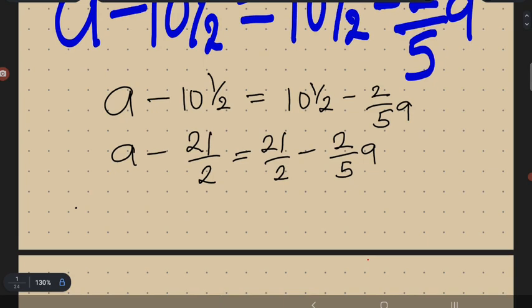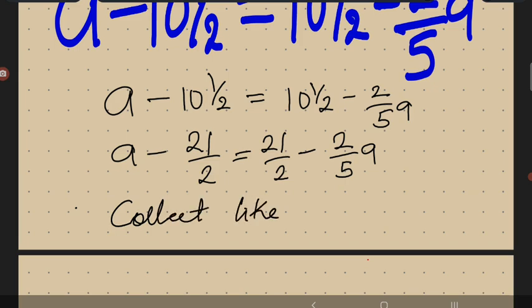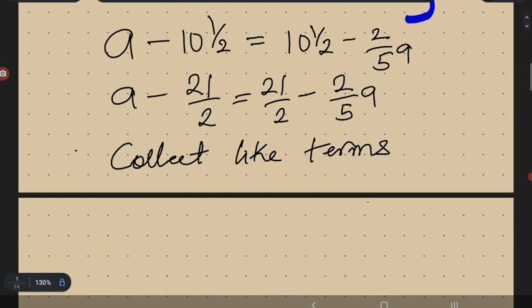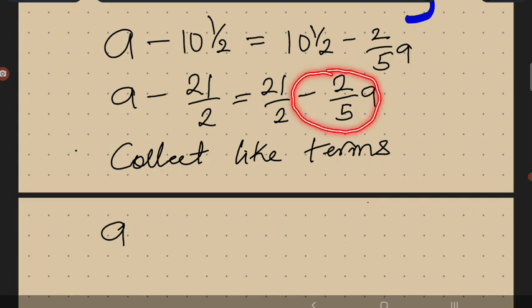In making it proper, there is something we call collect like terms. In collecting the like terms, you try to select the one that has a, that is the variable, and the one that is constant. So we have a, the minus a, this minus carried affects 2/5a. So from that place, you bring it down here, it becomes plus 2/5a